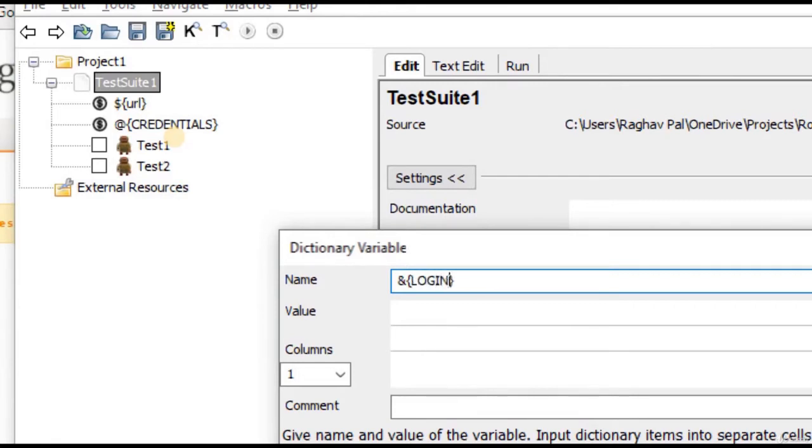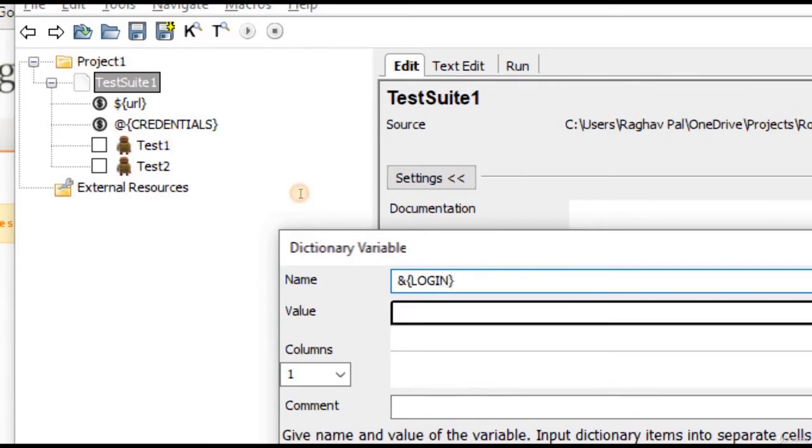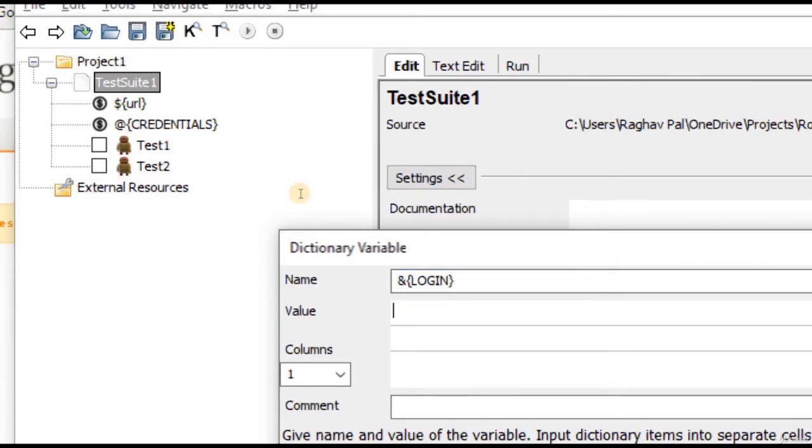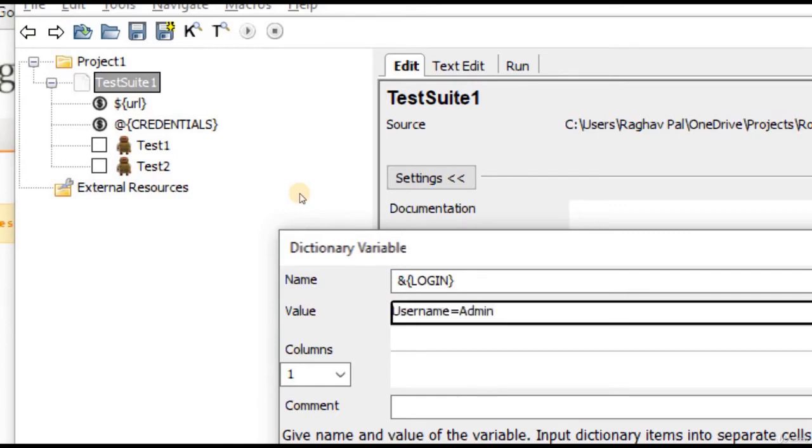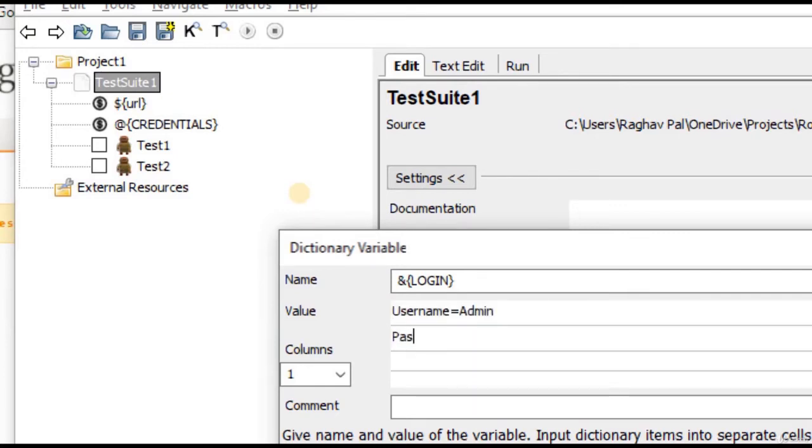So I will give it any name, let us say login, and here I will say username equals admin, and then I can say password equals admin. So username is the key and admin is the value, and again password is the key and admin is the value. Okay,